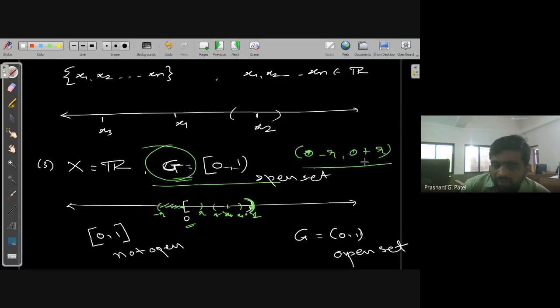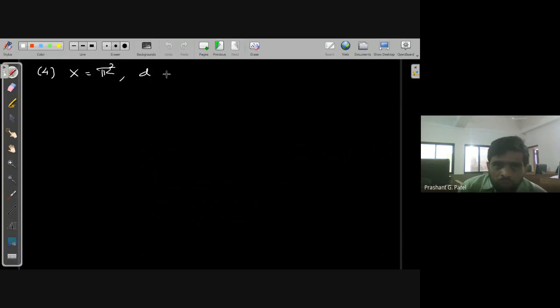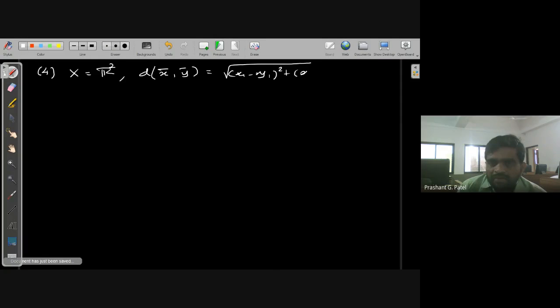I should mention that. What do we mean by the usual metric? On R, the distance between x and y is the modulus of x minus y. Here the usual metric means the square root of (x1 minus y1) squared plus (x2 minus y2) squared. That is the usual metric.